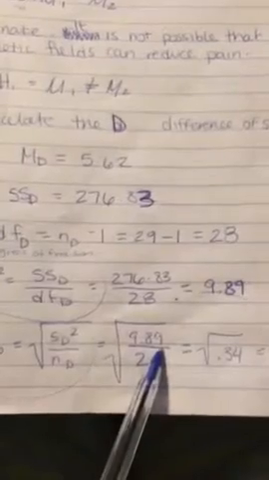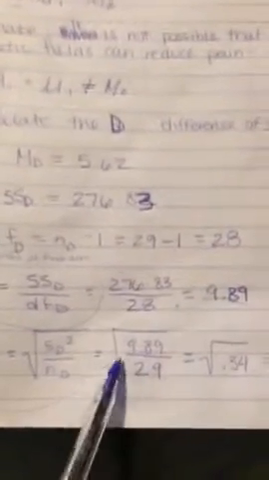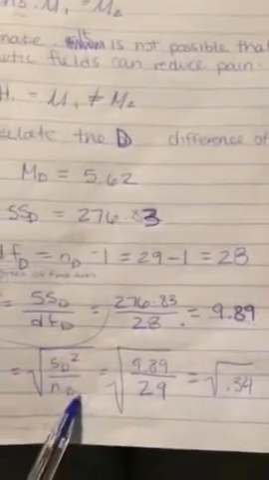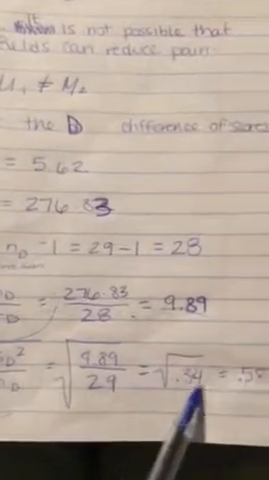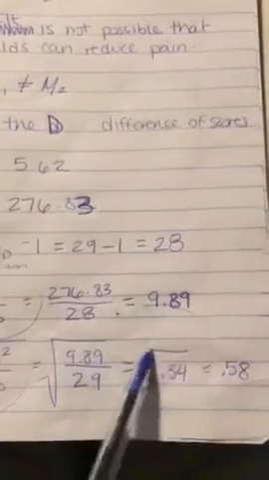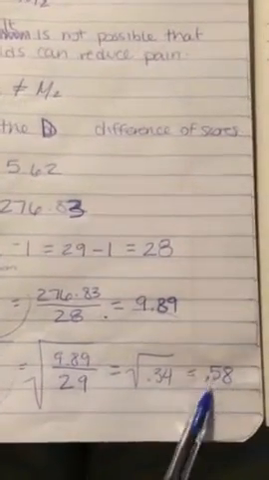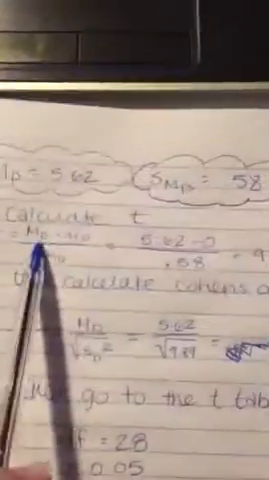The SD, what we got here, 9.89, and then the number of D, which is 29. We just reduce it, get a square root of 0.34, then you reduce it out to 0.58. I just put these up here so I won't have to flip the page, but then we have to calculate